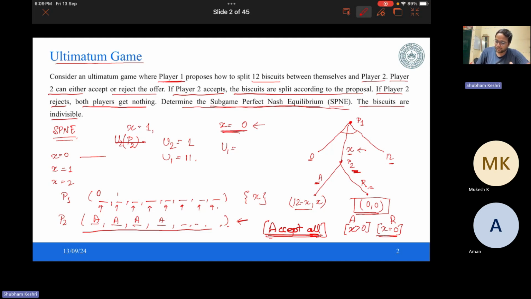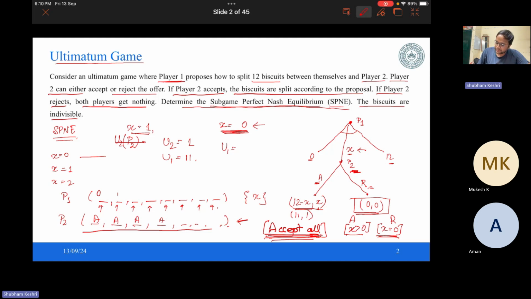Player 1 will not play 0 because although he is getting 12 when player 2 is playing accept all, there is a chance that player 2 may play accept when x is greater than 0 and reject x equal to 0. So in that case, x equal to 0 is not the subgame perfect Nash equilibrium of this game. So player 1 will try to offer a bare minimum, which is x equal to 1. When player 1 offers x equal to 1, this will become 11, 1, and player 2 will always accept the offer because he is better off accepting than rejecting. Therefore,